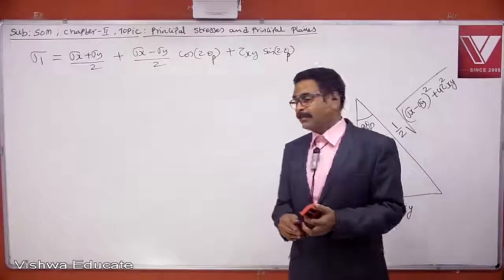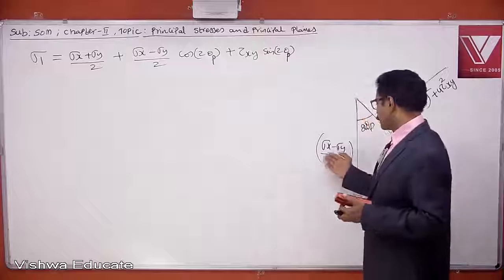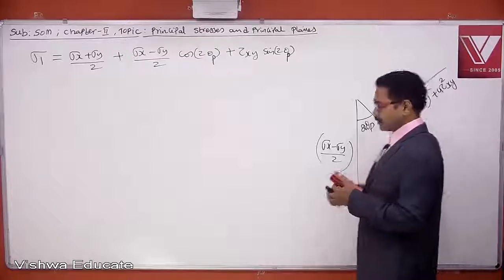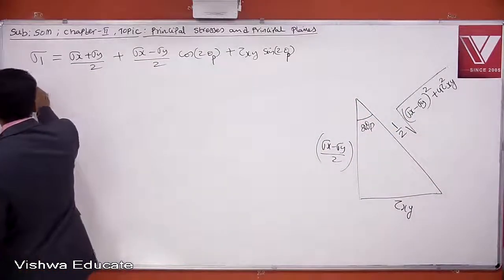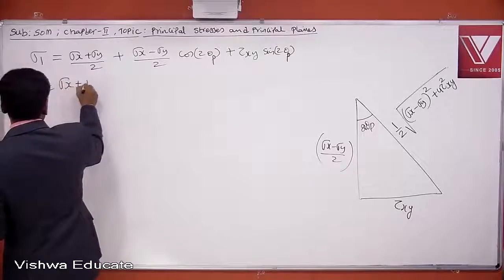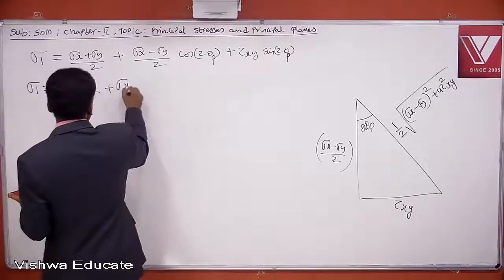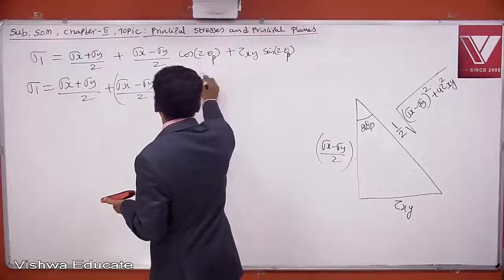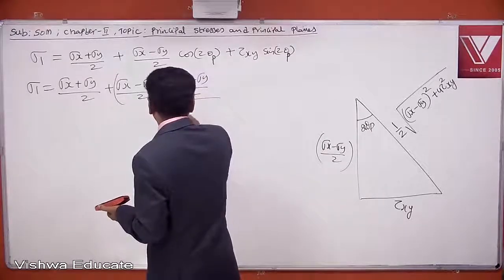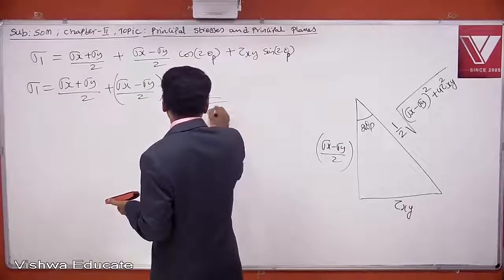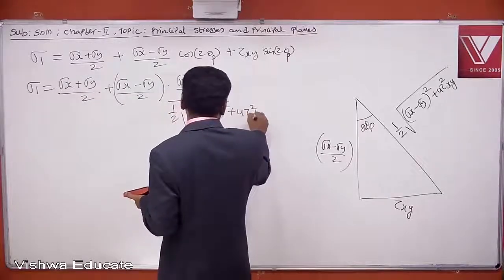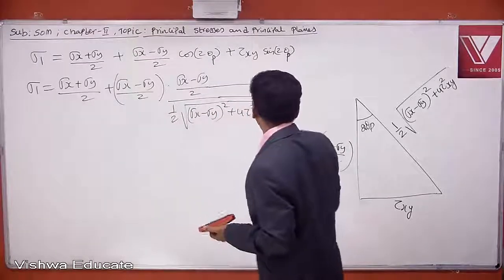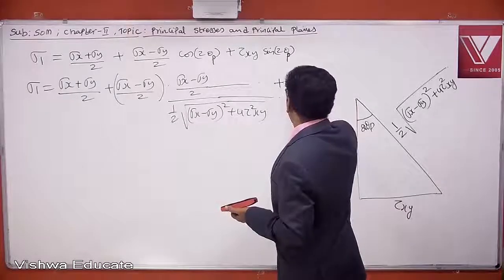What is cos 2θp? I wrote cos 2θp means (σx − σy)/2 divided by this. We know sin 2θp is τxy divided by this much. So let us write it. σ1 = (σx + σy)/2 + ((σx − σy)/2) × ((σx − σy)/2) / (½ √((σx − σy)² + 4τ²xy)) + τxy into,